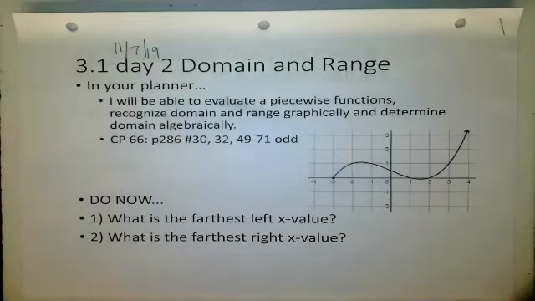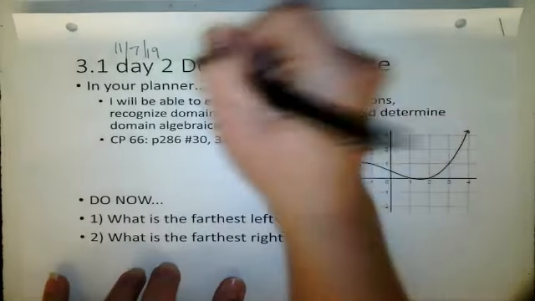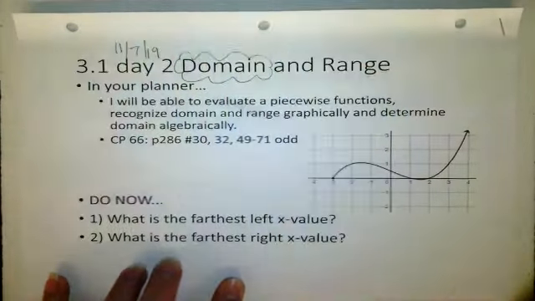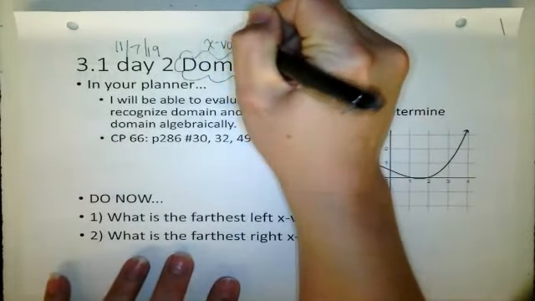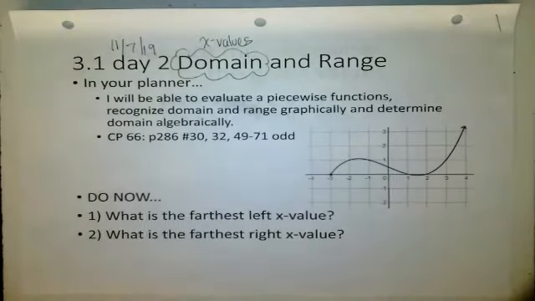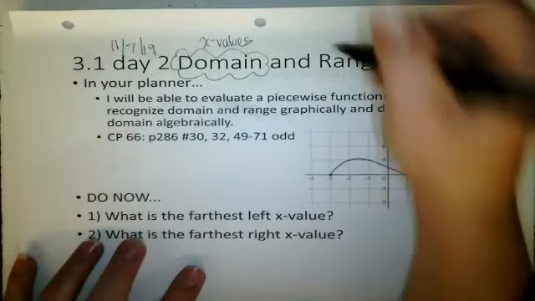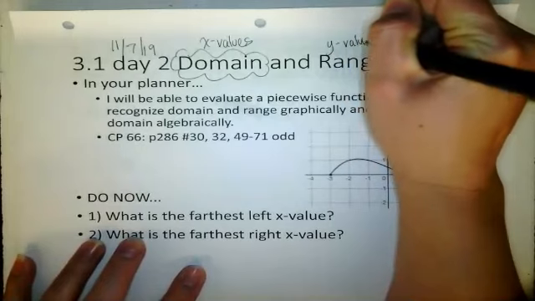But today is a really big concept, talking about domain and range. Domain specifically. Do you know what domain is? Yeah, domain is a hard concept. Domain refers to the X values that you are allowed to use, right? And then the range is the Y values, the outputs